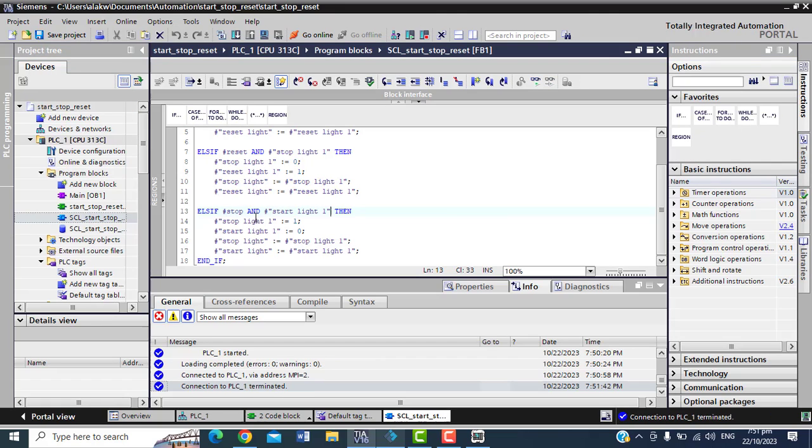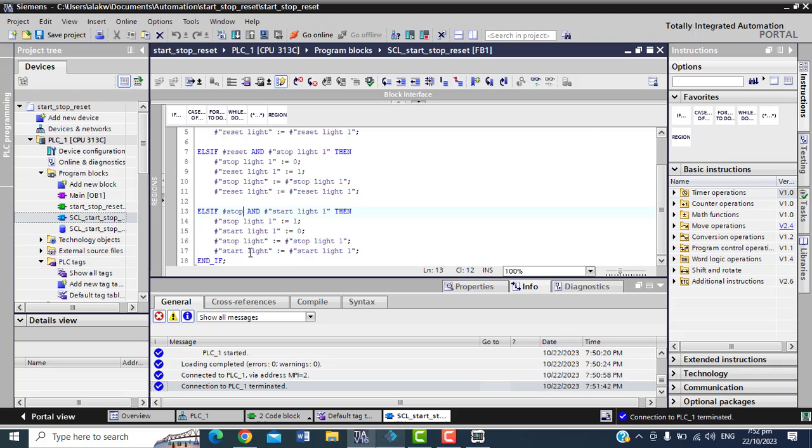You know, see this stop light, I told you this stop light is a normally closed button, right? So if stop light is equal to true here, it means you didn't press stop light. You never pressed stop light. So what I will do now is, see, if stop light is true, but as it's an NC, a normally closed button, it's already showing true. Before you press, it is already true. So without pressing, this condition here will already not hold, right?